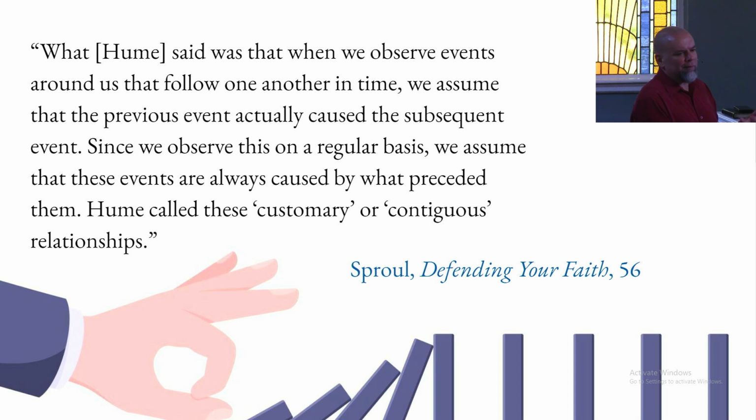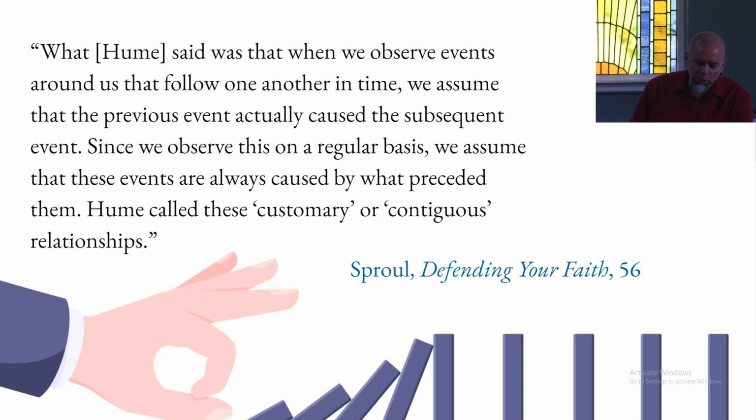Now, why is he doing this? Because he wants to throw shade on causal arguments for God's existence. Because if we can't know a cause immediately on a pool table, much less can we know the ultimate cause or the first cause and so on. So Sproul summarizes the argument of Hume. He says,